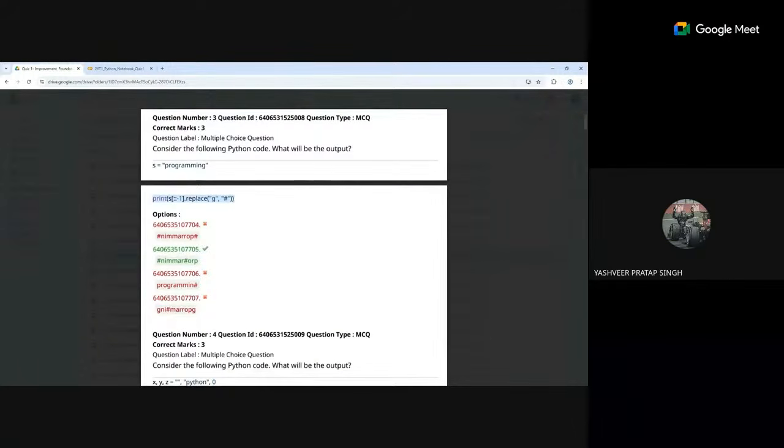Sir, it is just reversing the string and replacing the G with a hashtag on the reversed string. Okay, all right, makes sense. And is it going to replace all occurrences of G, or just the first one, or just the last one? It's replacing all occurrences of G, sir. All the occurrences. So ideally the answer becomes this one. So PRO and so on. There was a G there, so PRO, G, RAMMING is what we have. There are 2 instances of G, and in this case, both of them are getting replaced.